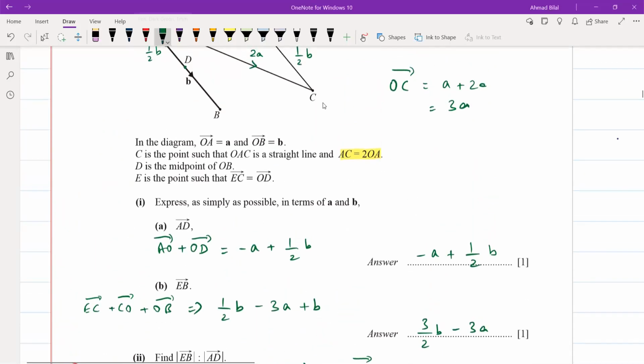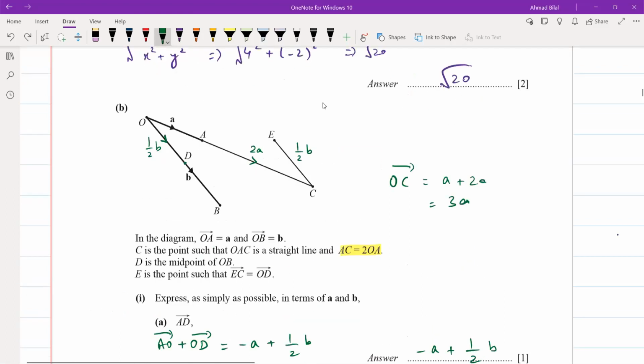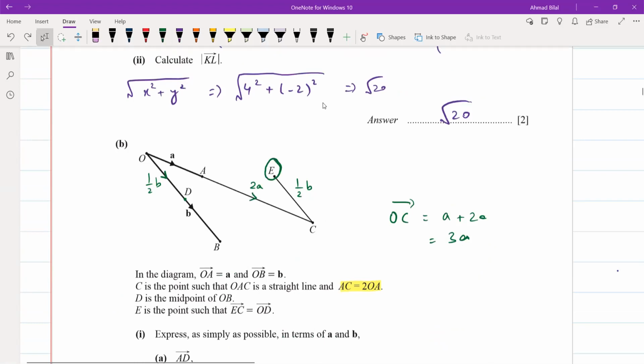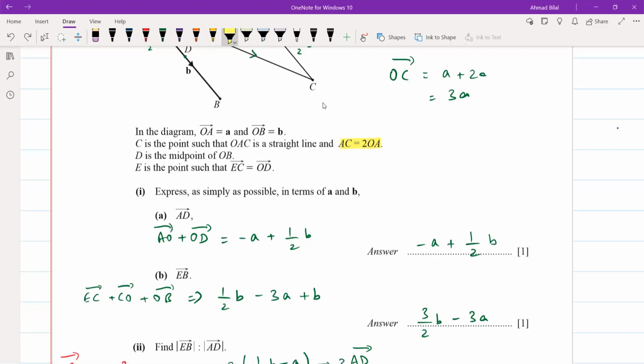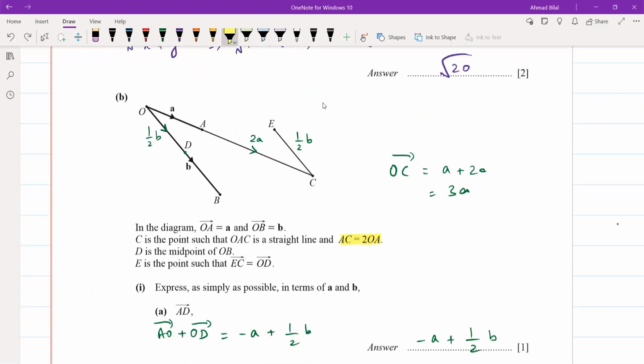EB find करना था ना part B में आपको, E से B पे जाना है। You have to start at E and then end at B. So we start at this point E and we end at this point B. आपने कोई path ढूंढना है E से B पे जाने के लिए, जहां पे आपको vectors पता हों। हमें तो सारे vectors पता हैं, हम E से C पे चले जाते हैं। So that's the path that we follow. We go from E to C. Okay. EC, that's half of B. We know that vector. Half B, हमने value लिखा हुआ था वहां पे।